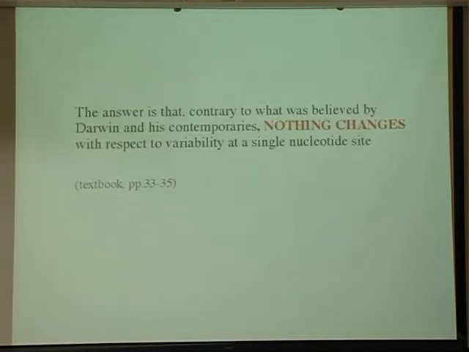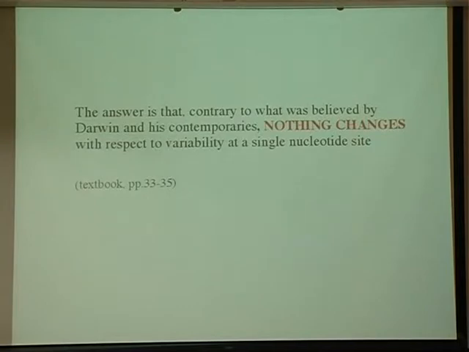Right. The answer to what happens if nothing is happening is that nothing changes, at least thinking about variability at a single locus or a single nucleotide site. And that's opposite, as was mentioned in the lecture on Saturday, to what Darwin believed. He believed in something called blending inheritance, where the genetic material from the two parents is mixed together each generation. The result of that is actually variability